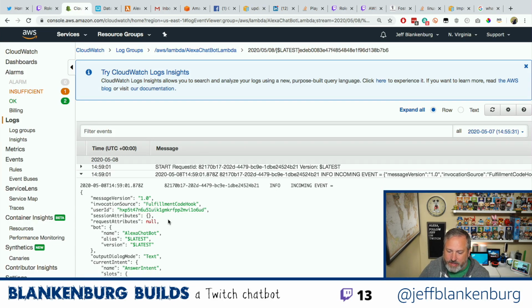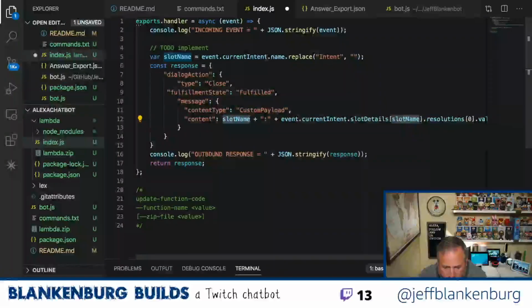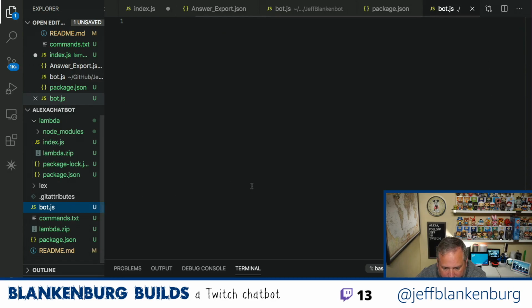But the thing I was upset about on Wednesday was that I didn't have an easy way to grab that. So with my chatbot, if we come back to my actual code, which we haven't looked at in a little while, I have a file called bot.js. I haven't put anything in here yet, but my old one looked like this.